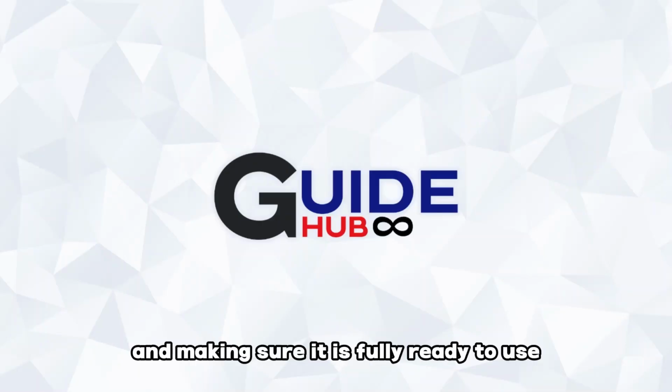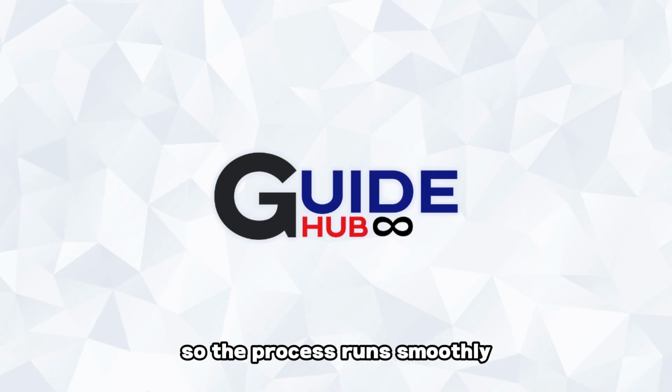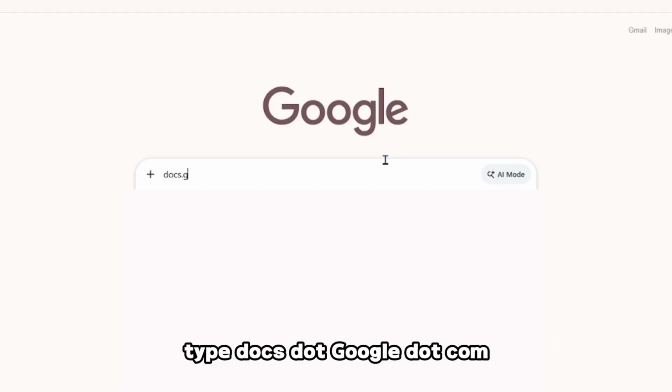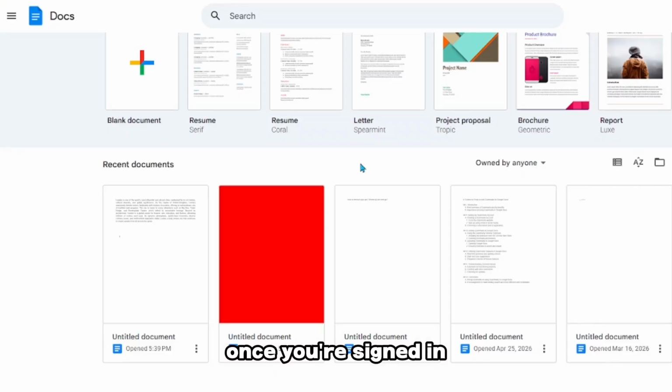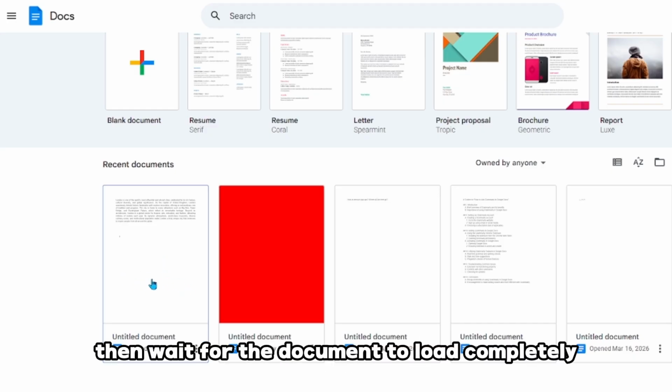Open your device and make sure it is fully ready to use. Connect to a stable internet connection so the process runs smoothly. Next, open your preferred web browser. In the address bar, type docs.google.com and press enter to visit Google Docs. Once you are signed in, open an existing document or create a new one, then wait for the document to